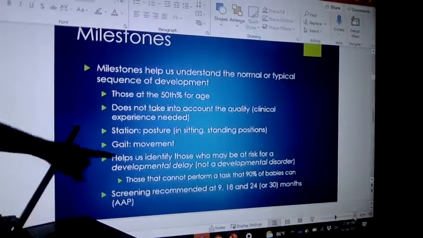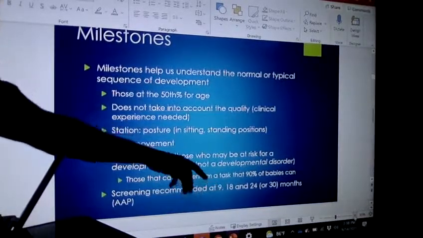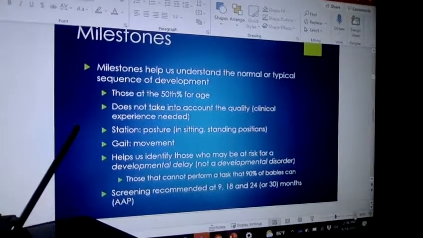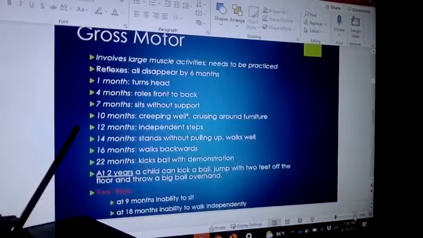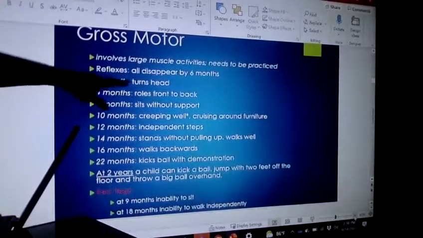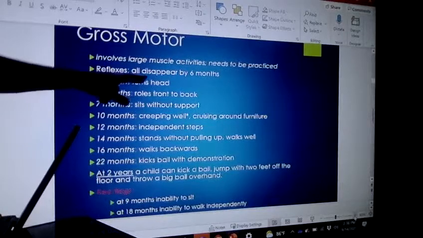We've had to take them to the doctor at 9 months, 18 months, 24 months. They give them like 800,000 vaccines, and then they start these things. So at 1 month, he's learned how to turn his head. So did she. At 4 months, they can roll over.